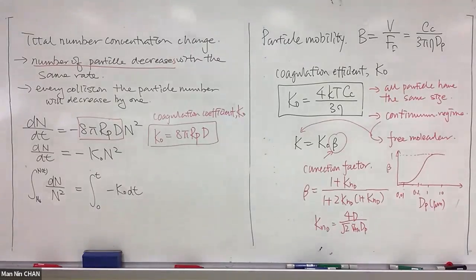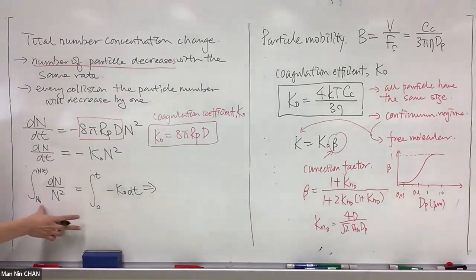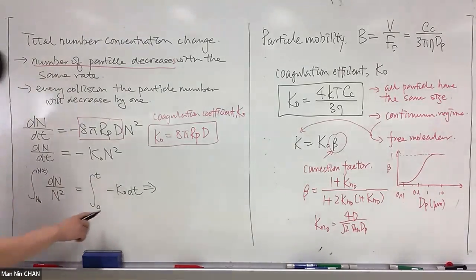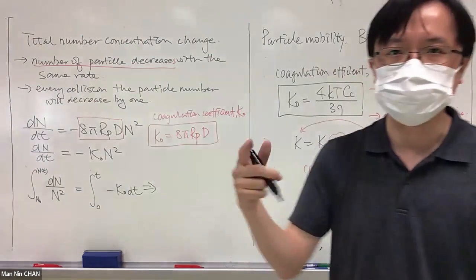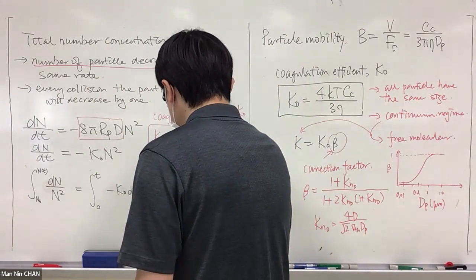So I think this is kind of straightforward, and then you can solve this equation, right? With the initial time equal to N naught and a different time t equal to N_p here. If you solve this equation, this will give you how your number concentration changes with time. So by solving this,